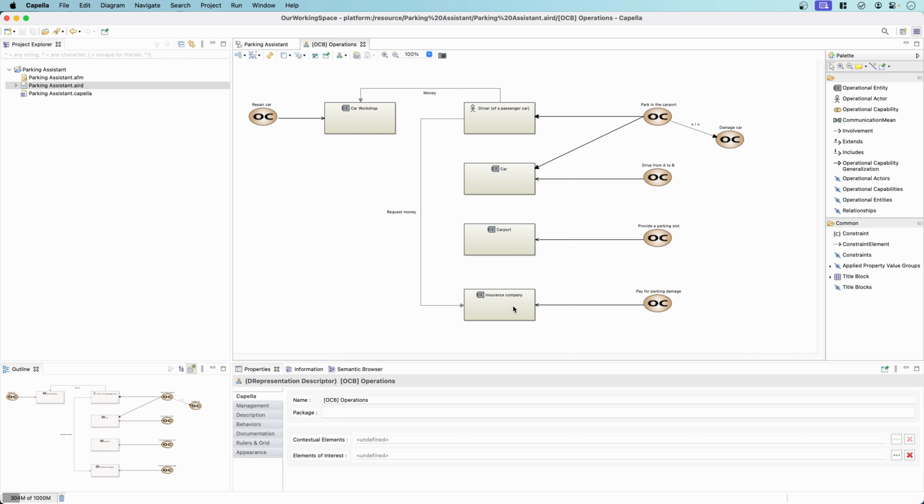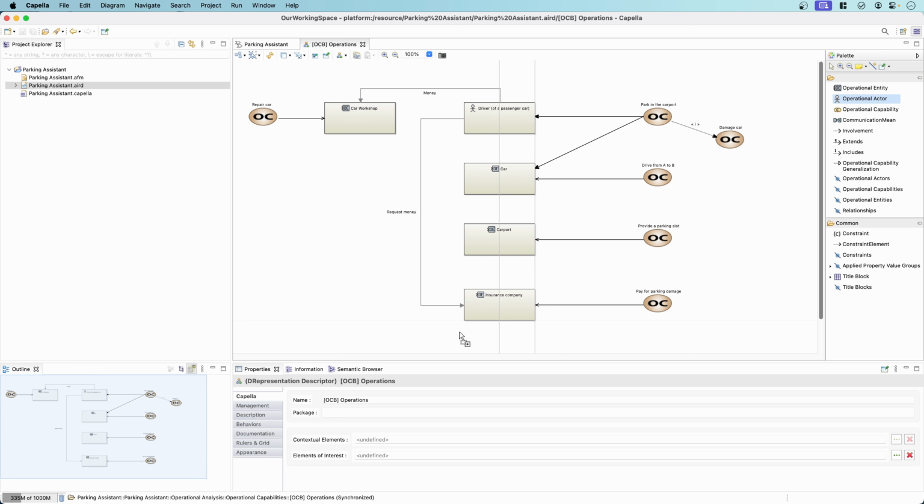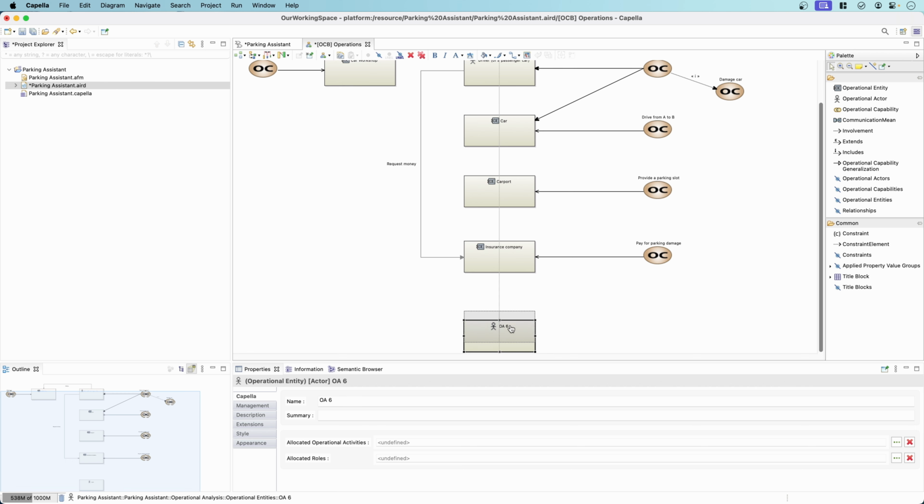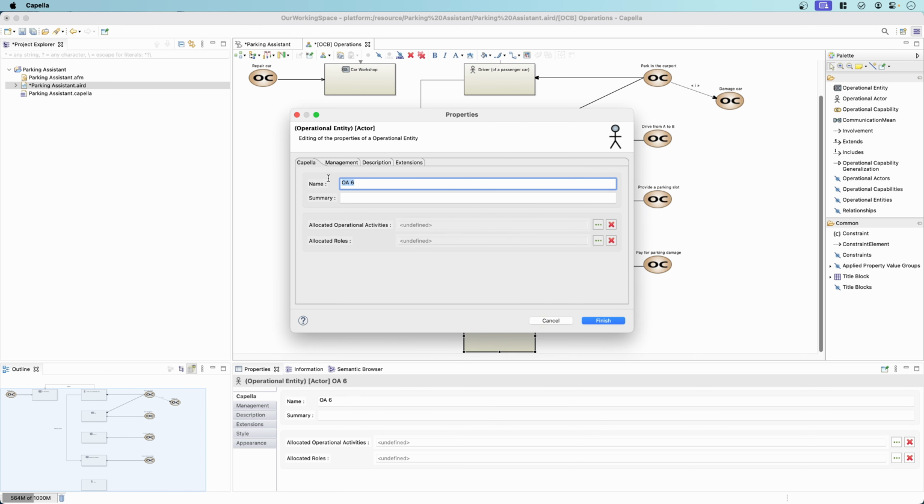And now, often the insurance company does not simply give the driver all the money. He, or the insurance company, tries to get an assessment of the damage. For that, there is a further operational actor involved. We will create it a little bit under the insurance company, and we name this operational actor expert for damage cases. We click on finish,